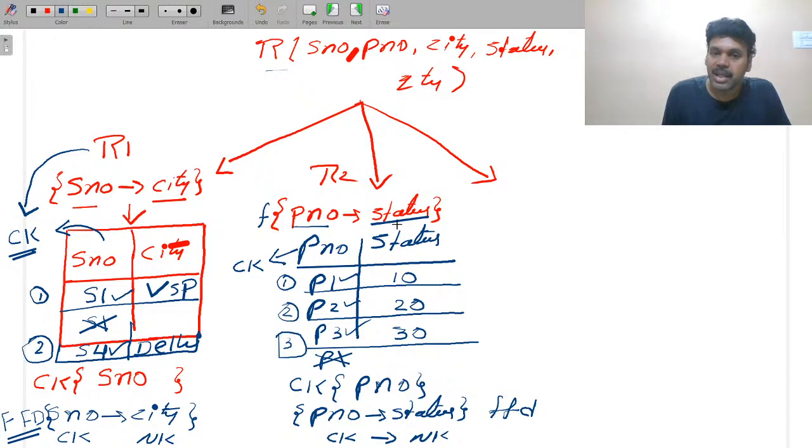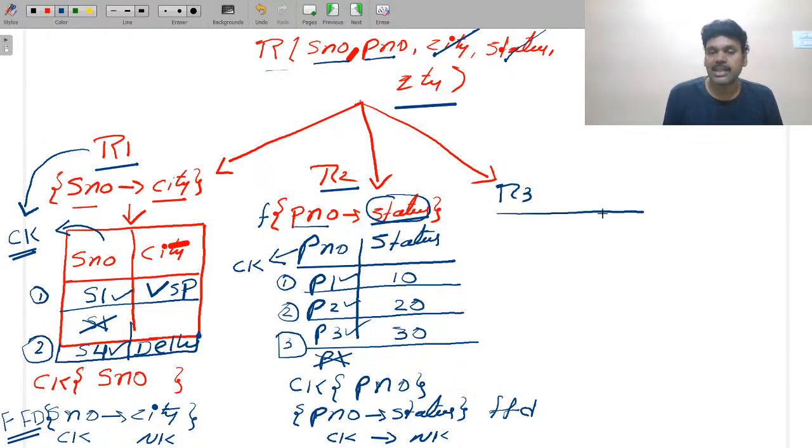Please see that one of the dependent columns, status, came and one of the dependent columns, city, came. So you remove them from your R. Please observe, again I am telling you, one dependency is status. Remove the dependent column from your R. The city is also another dependent RHS. Remove it because they have already appeared in R1 and R2 respectively. The rest of the table is what? Remaining columns. So your R3 is a 3-column table: S number, P number